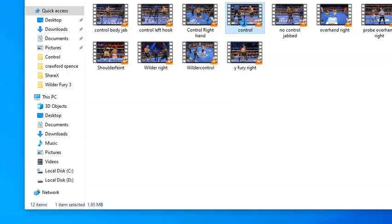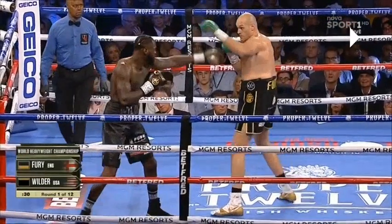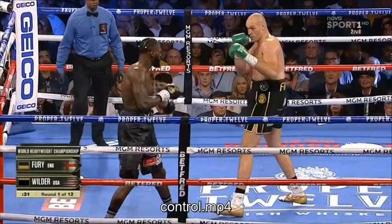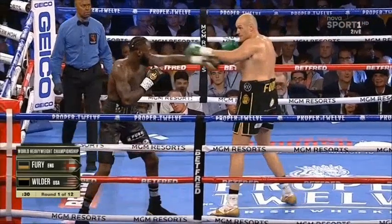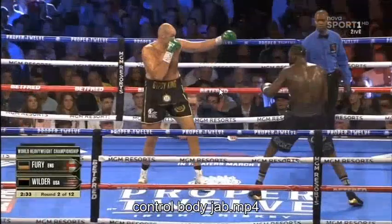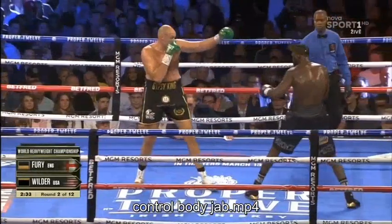He was allowing him to feint and probe and set shots up all night. Now, in the second fight, though, Tyson Fury came out looking to control that lead hand, and push Deontay Wilder back. Not allow Deontay Wilder to feint and probe and use this position to set up his right hands, right? Now, I know that clip was also in the second round, or in the second fight, but I just wanted to demonstrate how different the fight looks and how effective this tactic was for Tyson Fury,